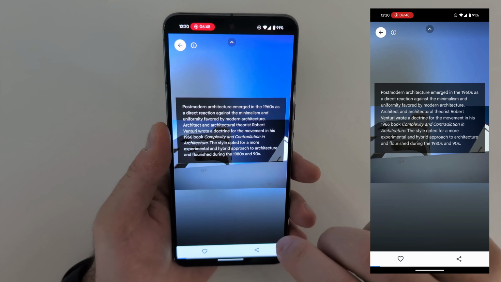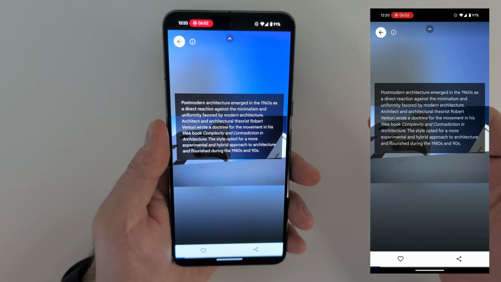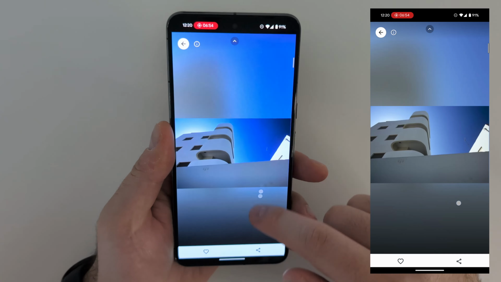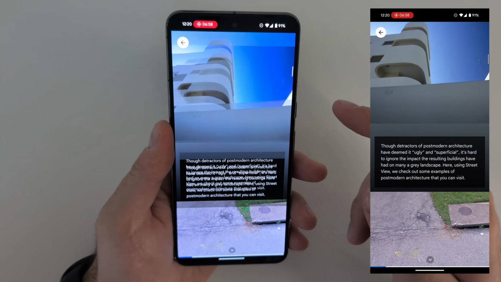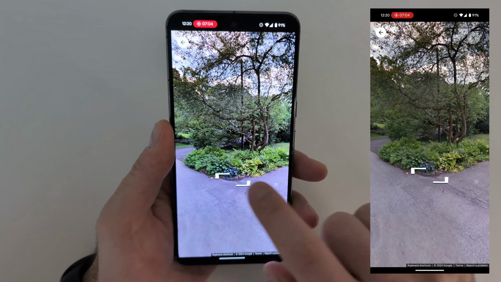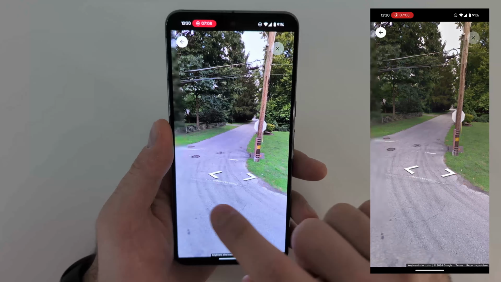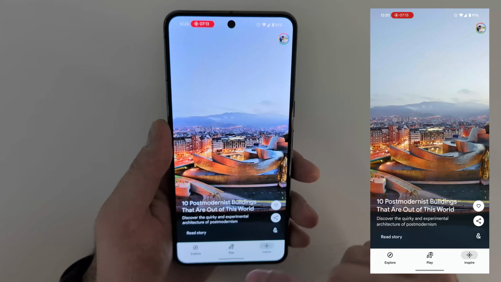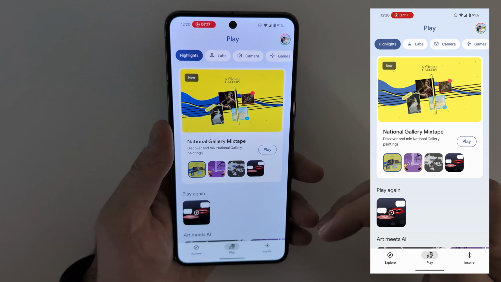Unfortunately, since this app is based on web, and it's not made native for Android, you can see it's not that smooth. I can swipe to see, for example, this is like the street view. I could just interact with it as if I'm actually in that place right now, which is super nice. But let's actually dive into the play, because there are a lot of interesting